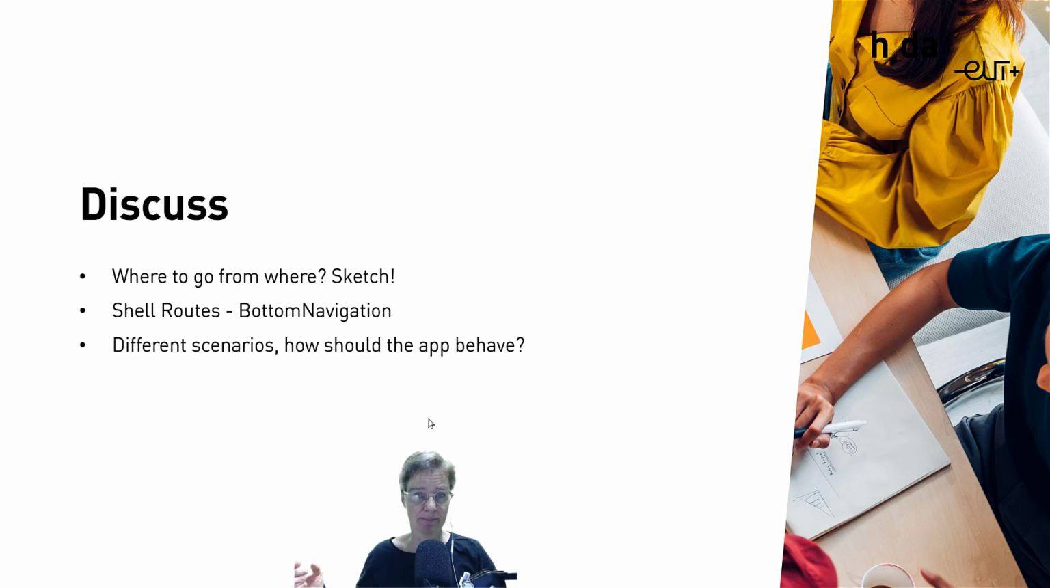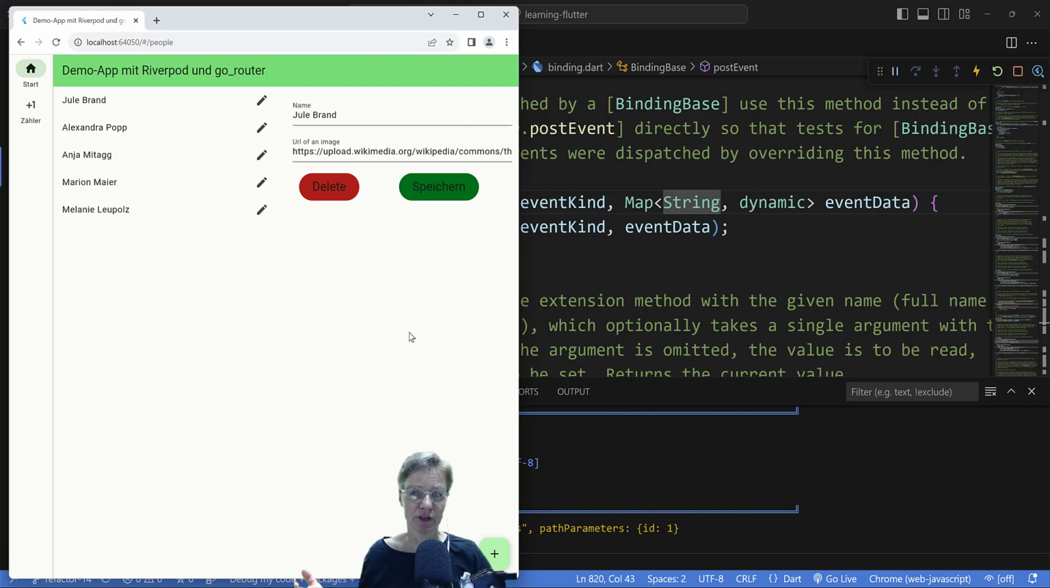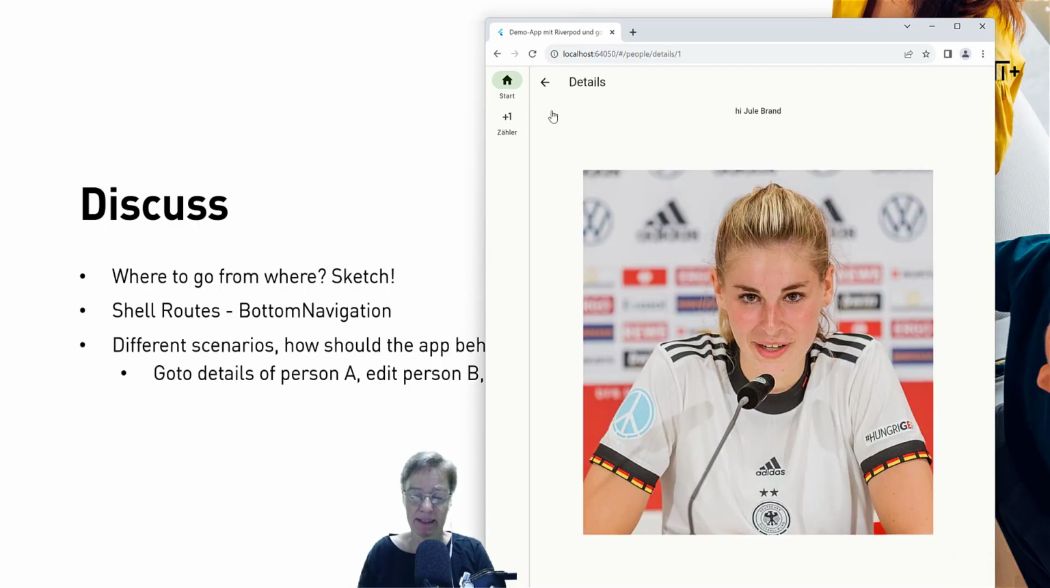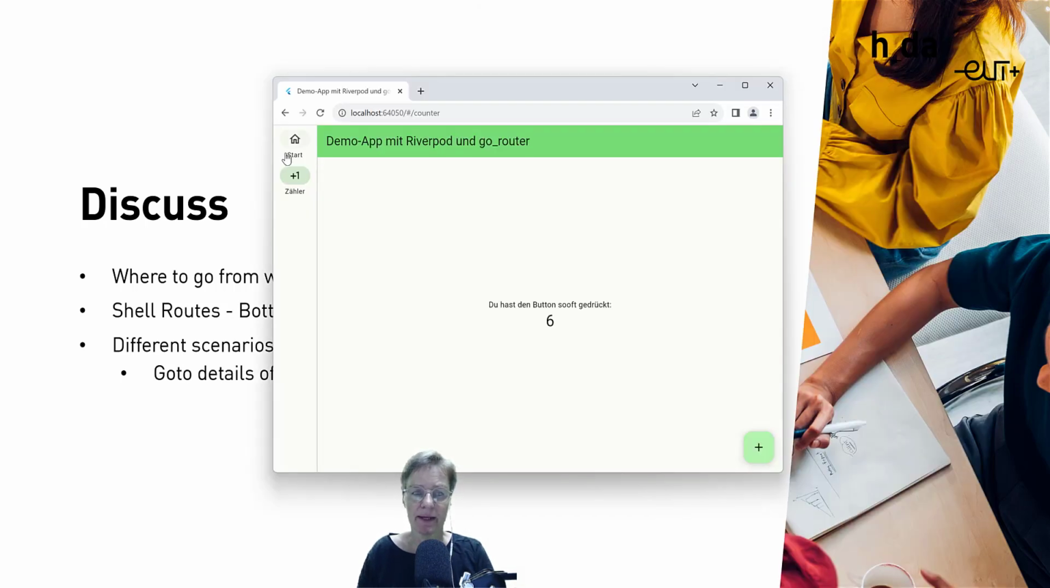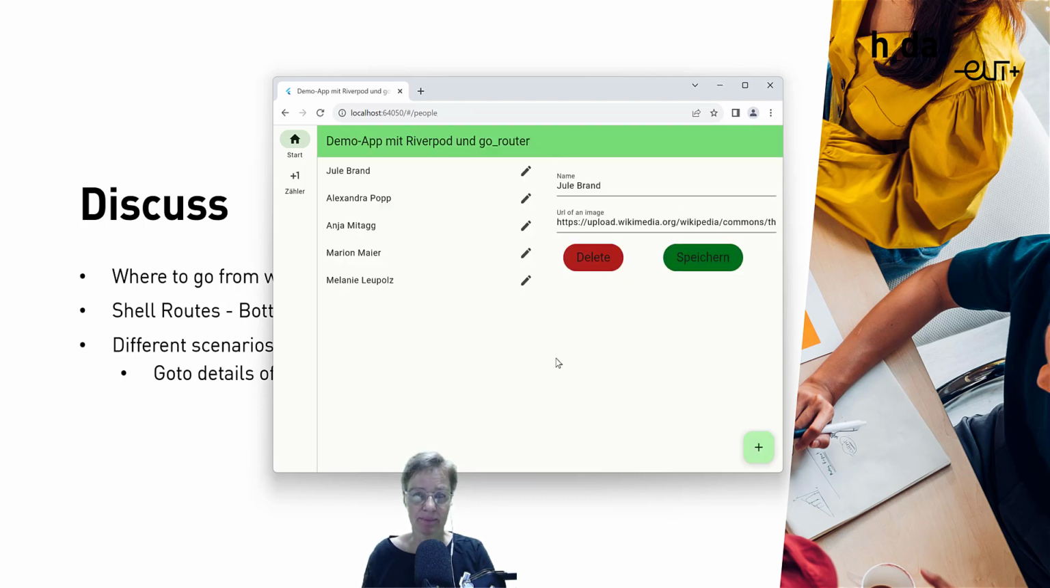application should behave. If I click Edit, should it navigate to a new screen? Or should it, as it is implemented here, show a widget on the right-hand side or below the list? For example, what should happen if I go to the details page of Julebrand, do something here, and then I go back? Should this details screen of Julebrand be shown, meaning the state is preserved? Or do we want to go back here, starting fresh, most likely without the selection of a person to be